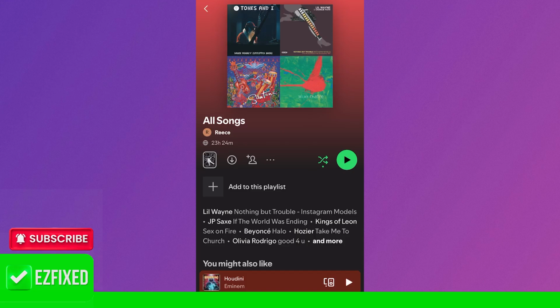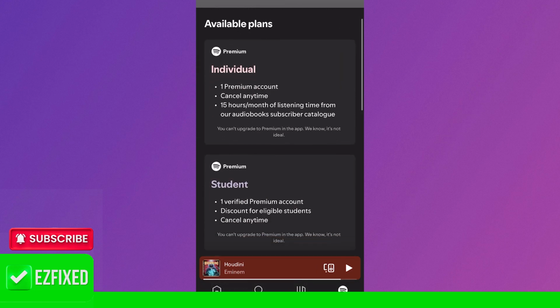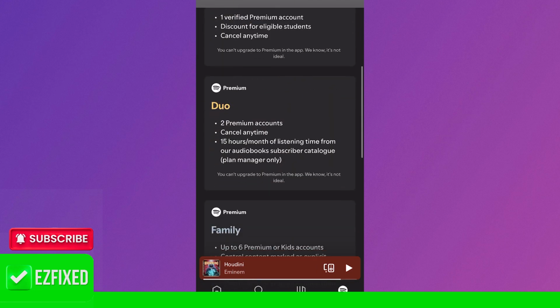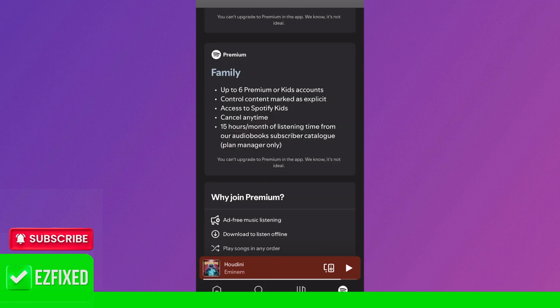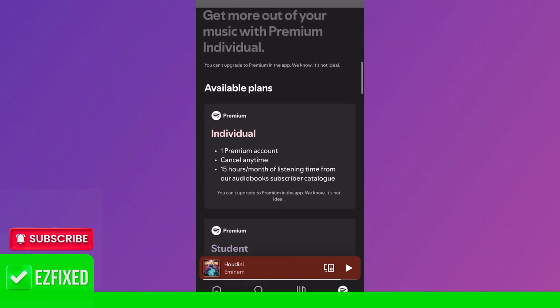In this video, I'm going to show you how to get Spotify Premium on your mobile phone. So if you head over to the official Spotify app and then click on Premium in the bottom right hand side, you'll see that we have all of these available plans, but there's no way to actually purchase them via the app. So how you get around this and actually purchase Spotify on your iPhone is by heading over to